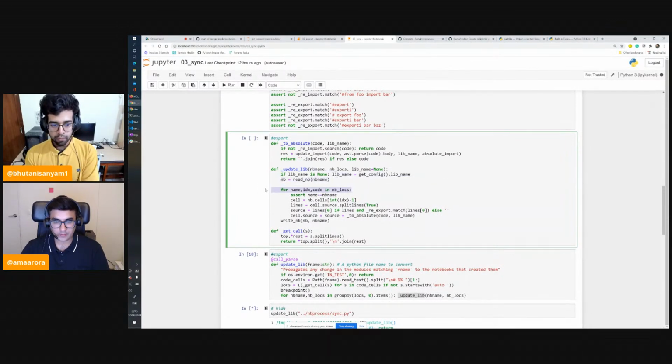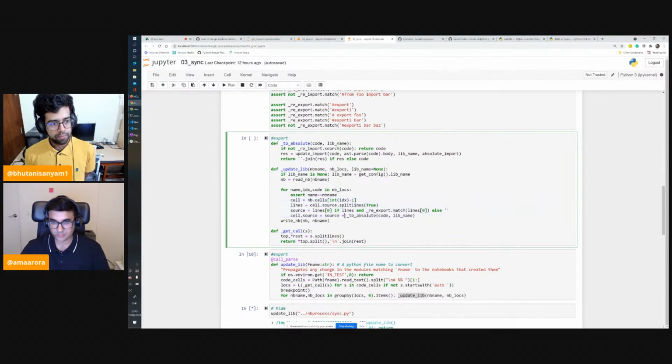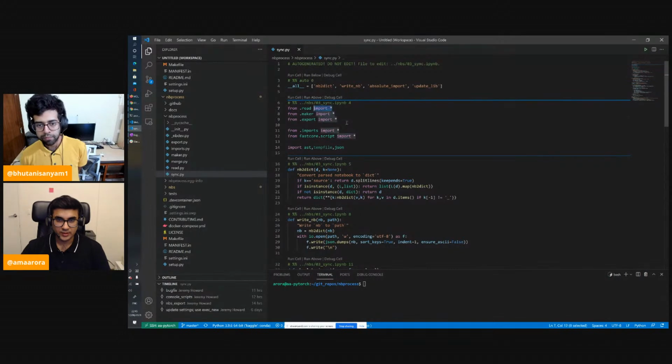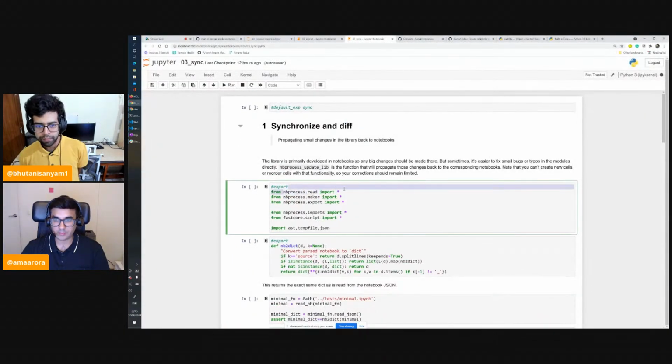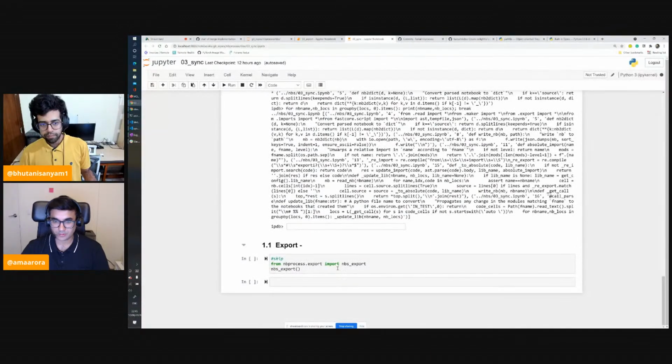So then that notebook name gets passed in this update lib, and then I read the notebook, which is here. I go through all my cells. I assert that my name is the same as the notebook name, so that's just like a test. And then I go through the cells line source, and I convert all my inputs. This is just converting all the imports from relative imports to absolute imports. So see how we have from .read import star, but actually in the notebook we have from NBProcess.read import star. So we need to convert those relative imports to